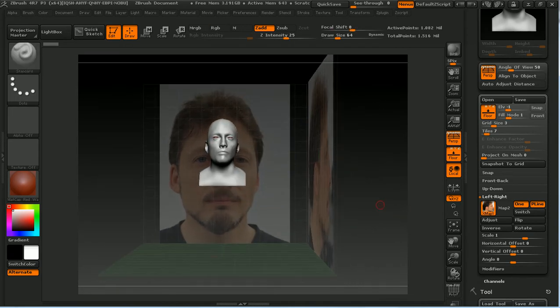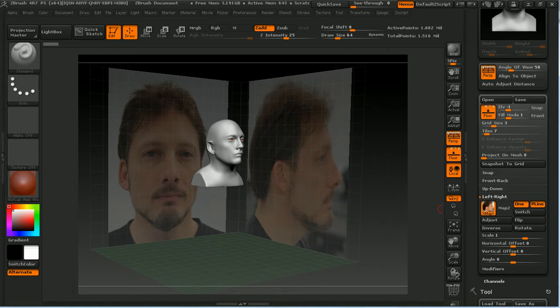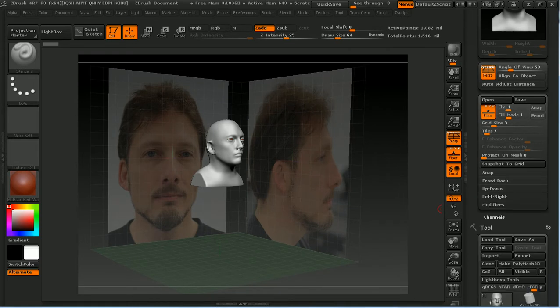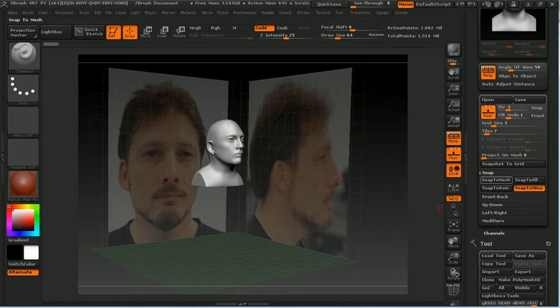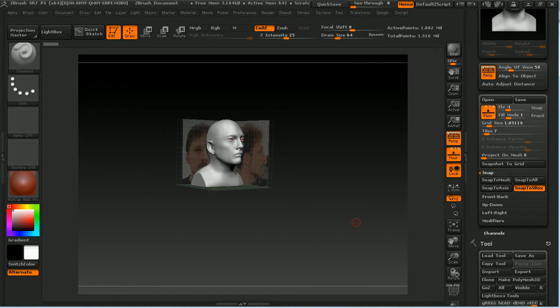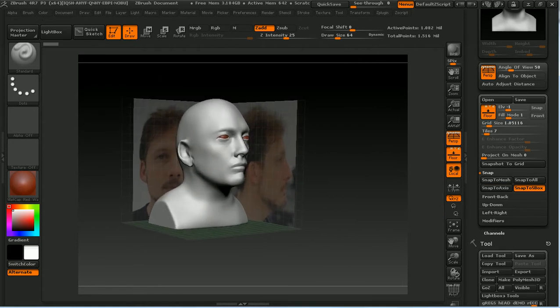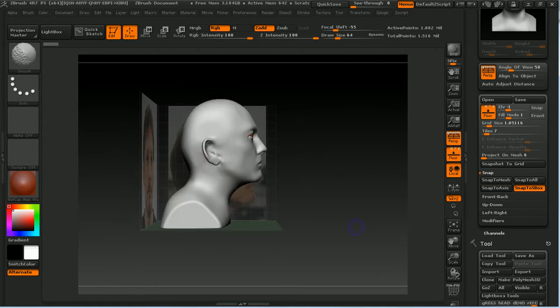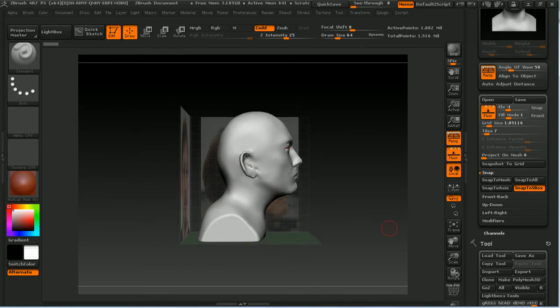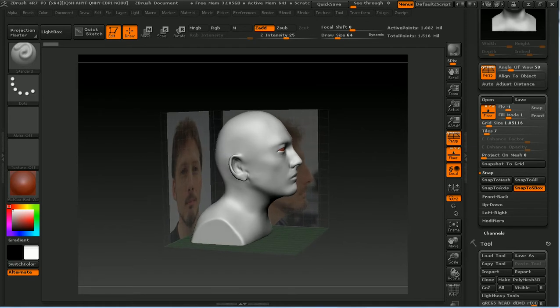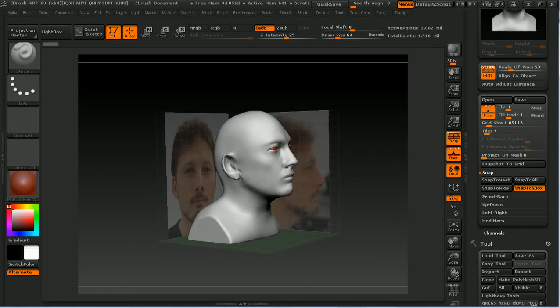Alright, so now that we've got these, they're too huge. So in order to fix that, what we're going to do is go right here to snap, which I'm circling on the right. Okay, so we hit snap, and I'm going to snap it to mesh. And what that does is it puts it to the size of the actual sculpture. Okay, it makes it pretty close. It's still going to need further adjustment, but right there at least it's closer to the size that we're looking for. So if I go to the front back,